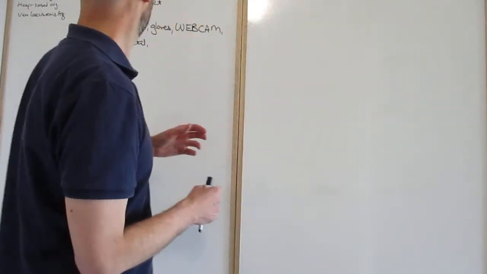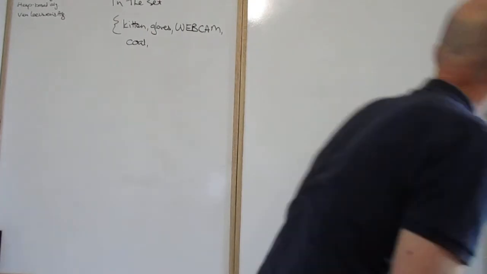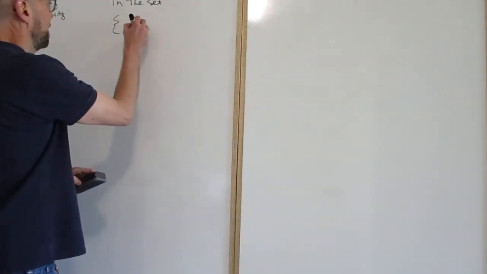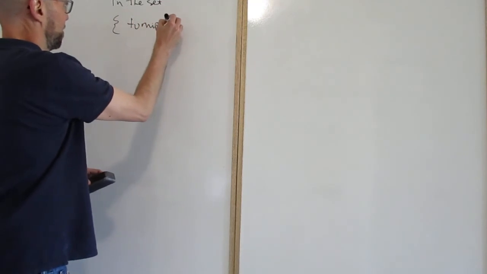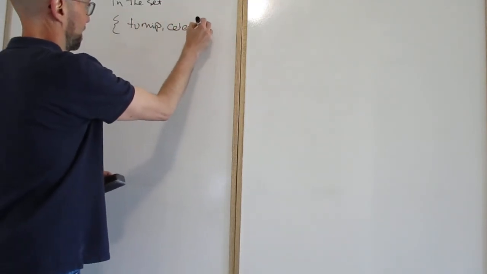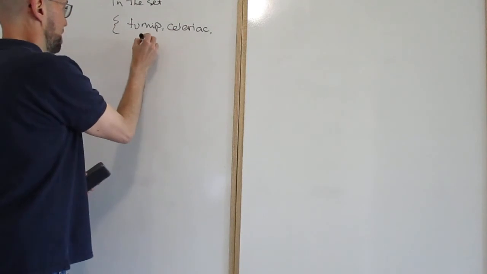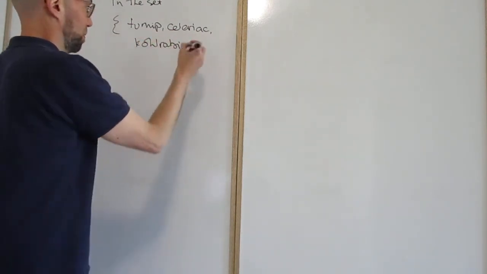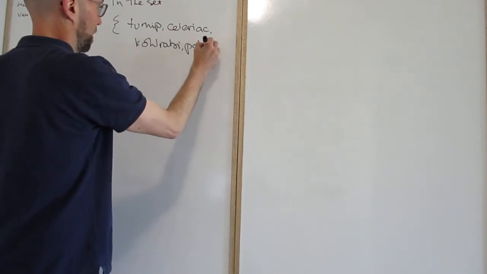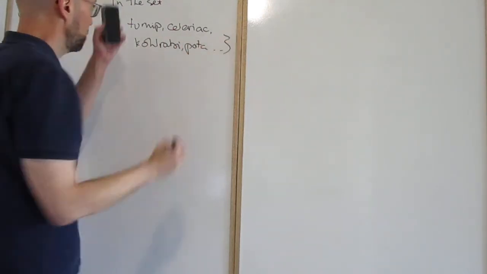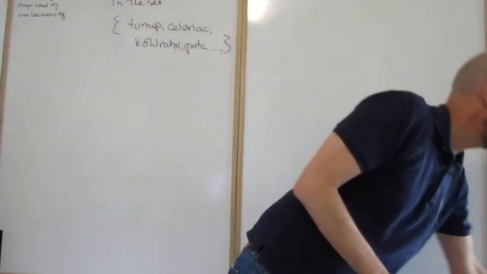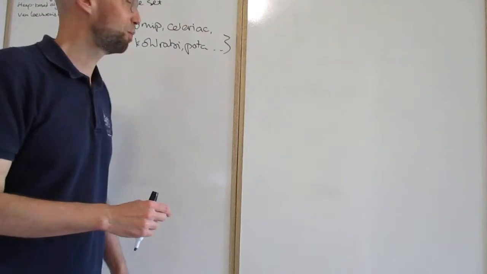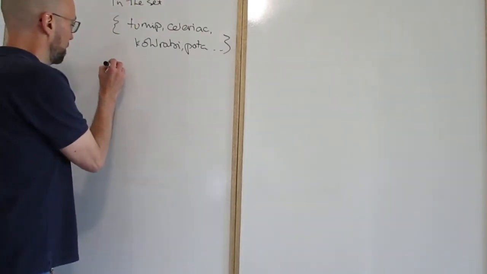So let's say X takes on values in the set: turnip, celeriac, kohlrabi, potato, and so on. So there's some random variable that takes on these values. Until you open the box, you don't know what's in there. It's like a box of chocolates, right? According to a probability distribution,